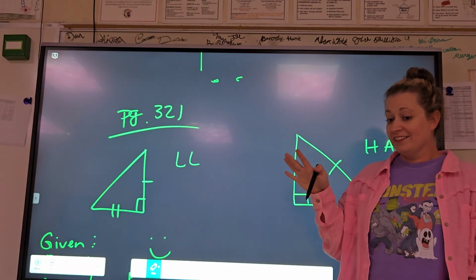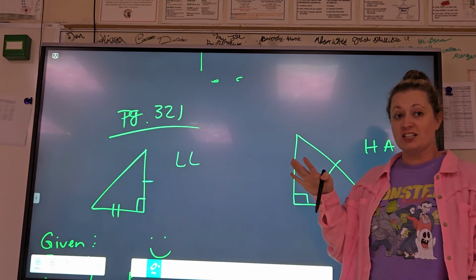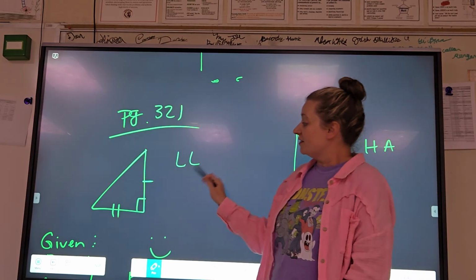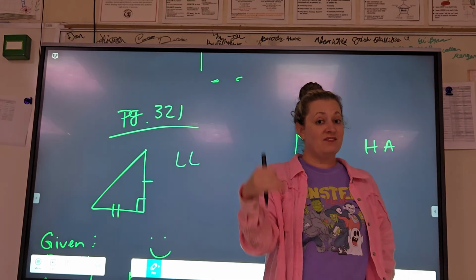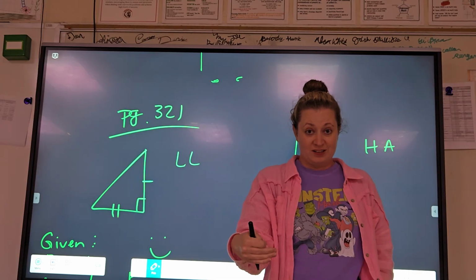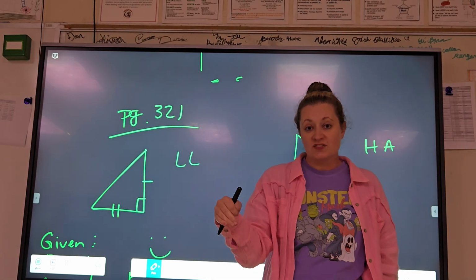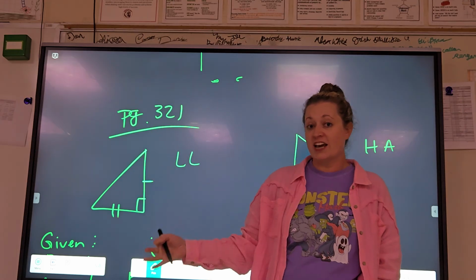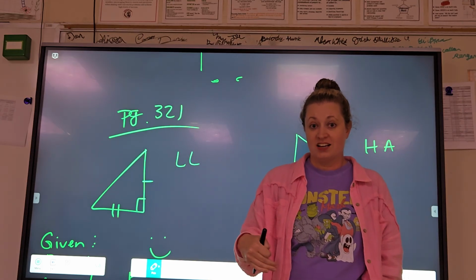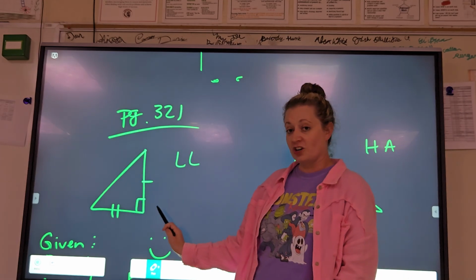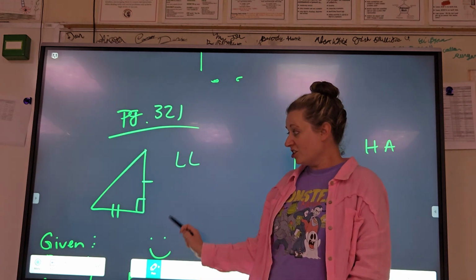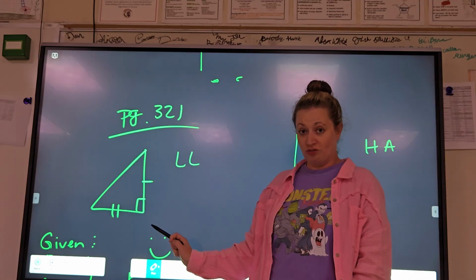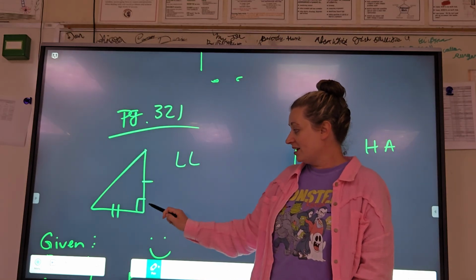So if you look on page 321, there's these two postulates. The first one they call the leg-leg postulate because these are specific to right triangles. But these are not in our standards for Tennessee. These might be standards in other states, but they're not in our state. So if you look at the picture, I only drew one triangle of the pair, but if you look at the picture, what postulate does that look like that I've already taught you? Side, angle,